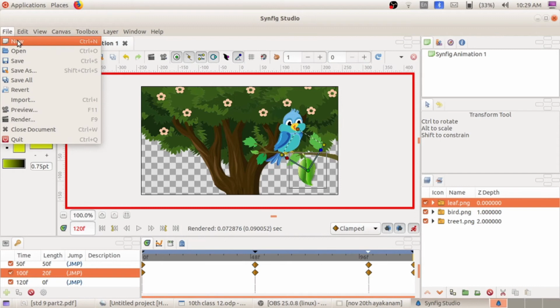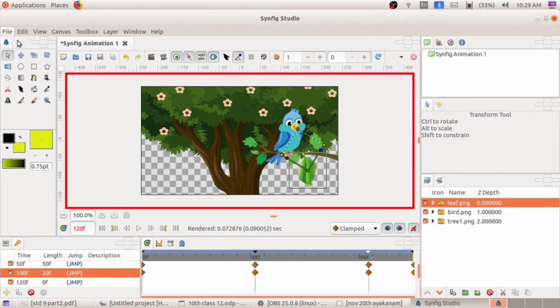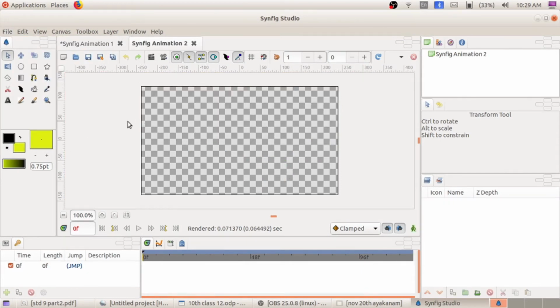For that, click on file, new button in order to take a new canvas. After that, the steps are the same, the procedures are the same. For giving animation, first we have to click on this particular button, then enter the current time. After that, we have to add that keyframe to this parameters panel and we have to move the position. So the procedure is the same, but the imported images will be different. So let's start doing that particular activity.